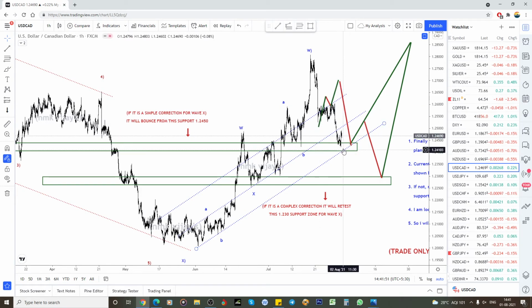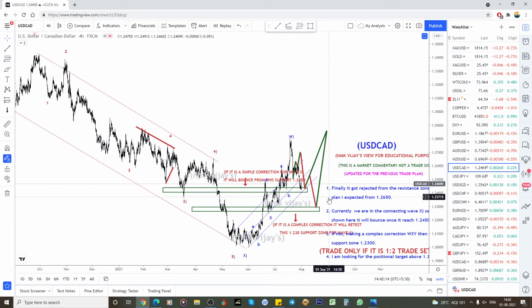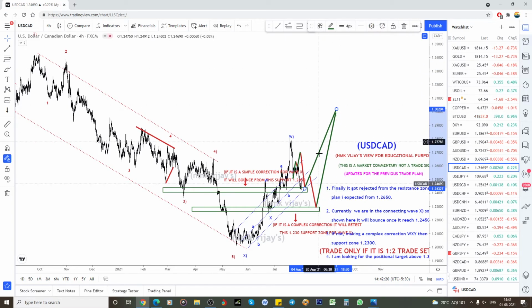So now there is a lot of possibility. From here it can make a Y wave, or if it is again a double correction, this will become a connecting wave, and again X, A, B, C, Y to reach this 1.27. So this becomes W, this is the X wave, and again A, B, C. Anyway, I'm looking only for the bullish. So now we come to a conclusion in the shorter time frame. Our target is going to make a 1.3 or 1.34 here, according to this A, B and C.